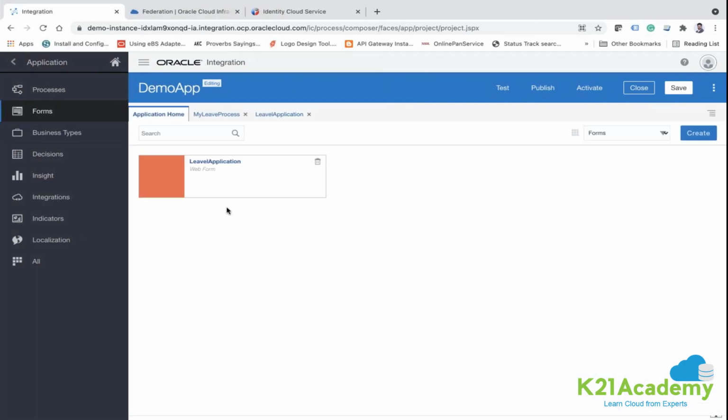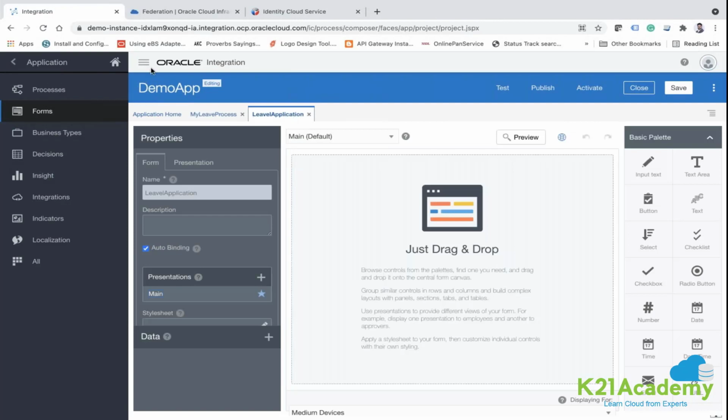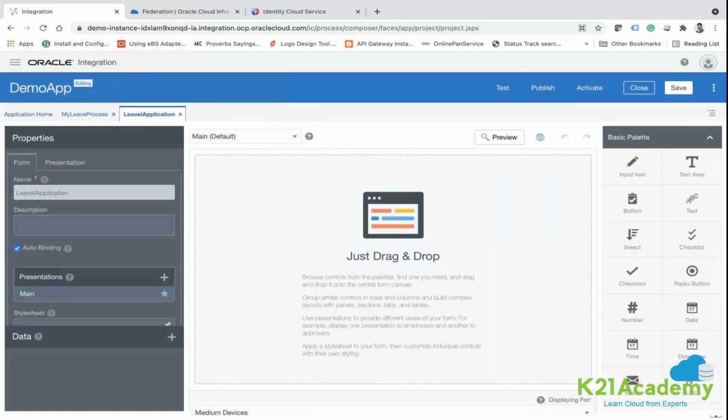Click on the create button, and here you see you are on this particular form menu now. If you click on the form menu, you can see the leave application form which we have created. Either you can create it from there and then attach it with your process, or simply create directly and then come here. So here you can design your form as you do in your VB application. We have the palette here, and we have the form prop and action prop. When you start dragging and dropping the actions, you can see the properties.